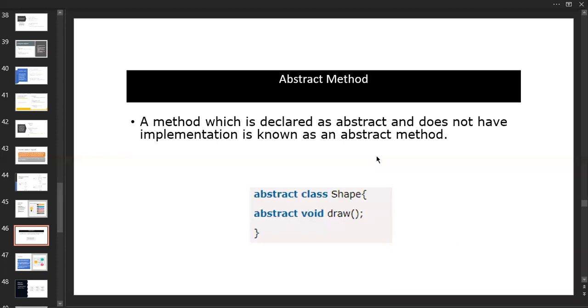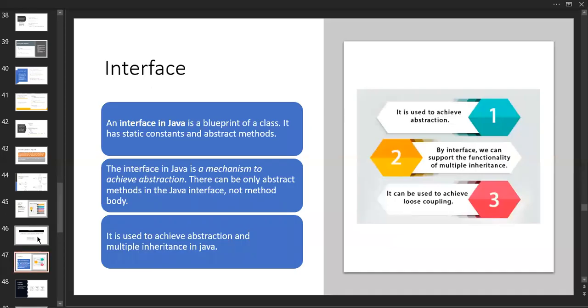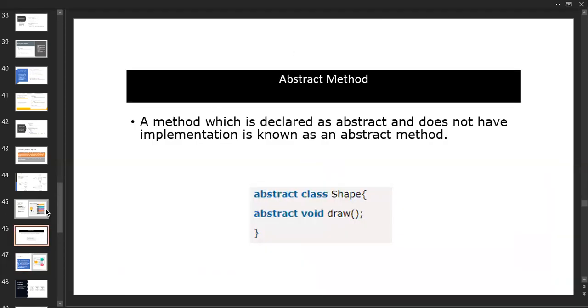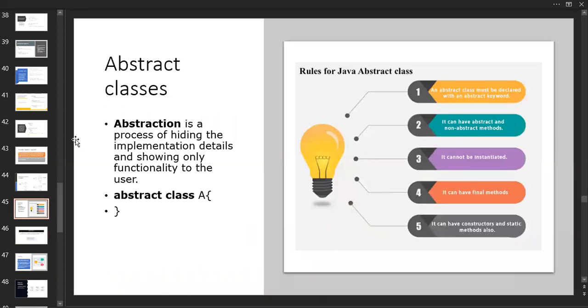So here there will be no implementation, but any class that implements the properties of an abstract or extends the properties of an abstract must implement this. With the example, we'll get a clear idea. These are the interfaces, right? So till here, we are going to take one example. If you have a laptop, just work in parallel with me.